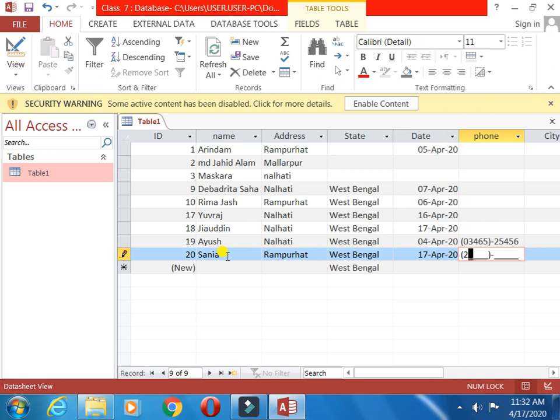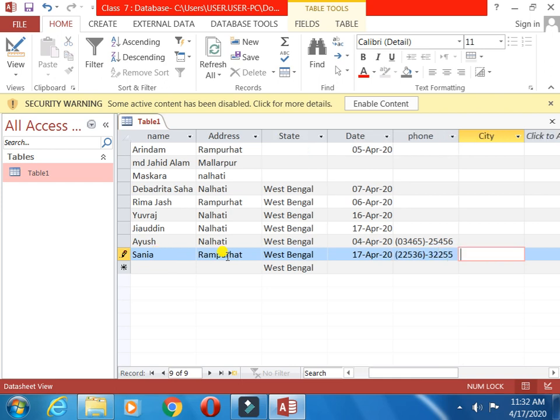Date format like this, anything. Now city. You can see for Rampurhat I have written the address. The same thing if I write now, RAMPU, it is not taking. Why? I have given that only 4 characters you can enter. Here you can see only 4 characters are entered. I cannot enter more than 4. Clear? Now I will go to the next.